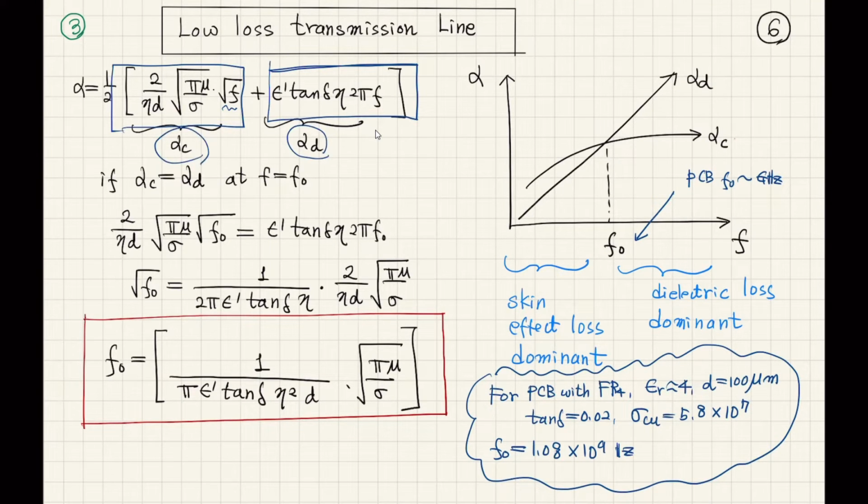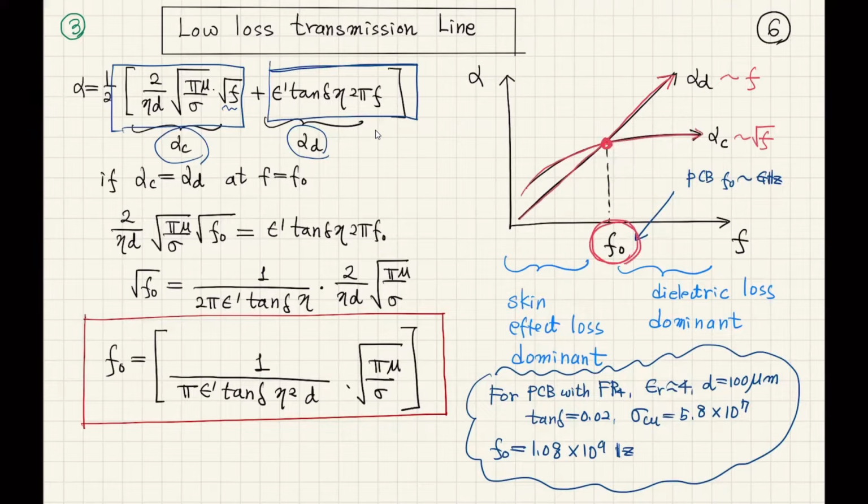So the conductor attenuation constant is proportional to the square root of frequency, and the dielectric loss is proportional to frequency. So the attenuation constant due to dielectric loss will increase linearly as a function of frequency,